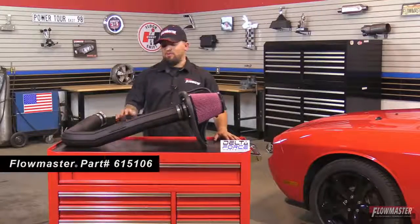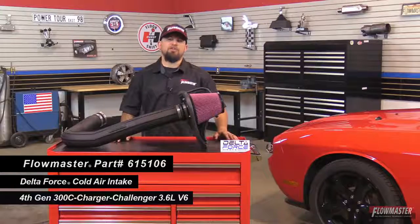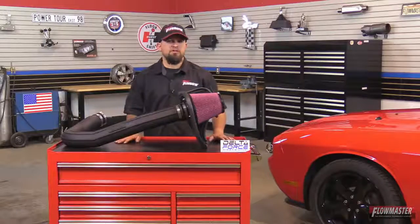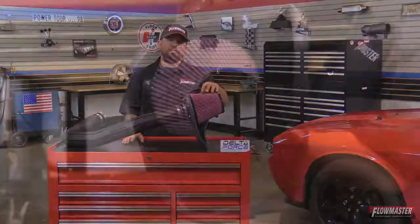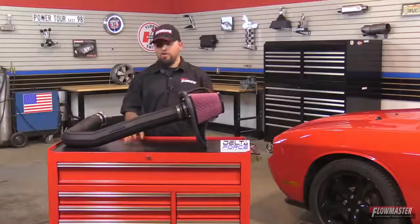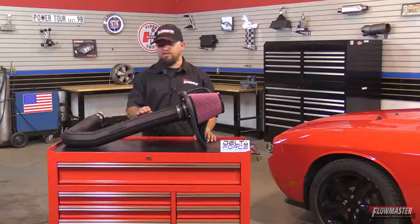Today I'm happy to introduce our new Delta Force cooler intake for the 4th generation Challenger equipped with a 3.6 liter V6 motor. But please check our website for the different years to make sure that it fits your application. Now this Delta Force cooler intake has a washable, reusable, high flow filter. It comes pre-oiled, a black powder coated heat shield, a durable polyethylene intake tube with a nice rib design and